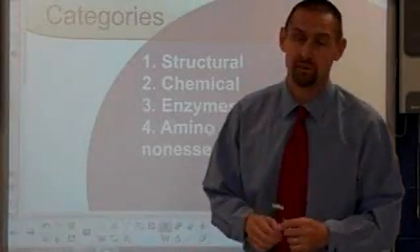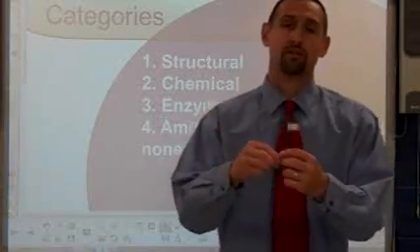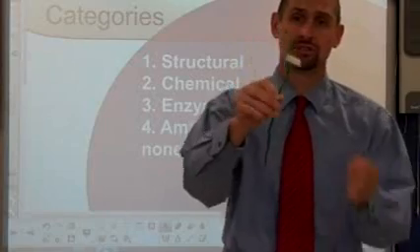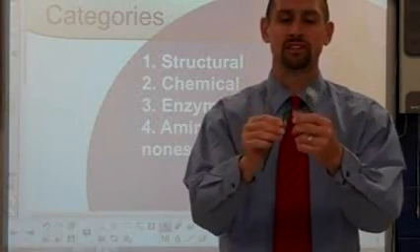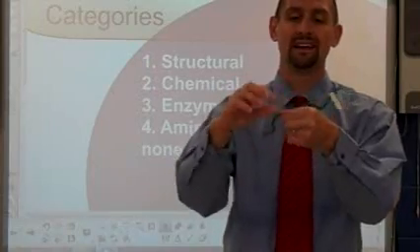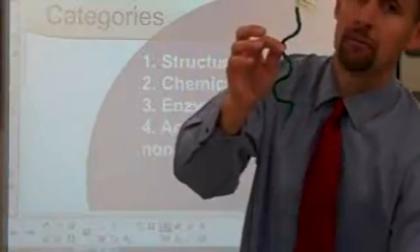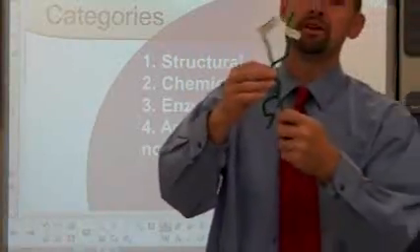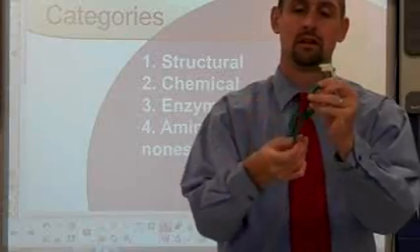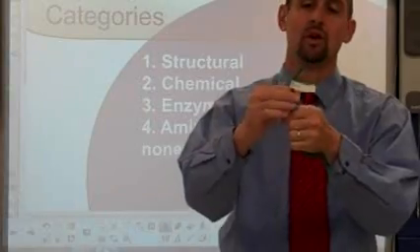How can we categorize proteins? One way we can categorize them is by their structure. So for example, if I have a long protein chain like this, that's just the primary structure. If that protein chain is bent around, we can call that a secondary structure. If that protein chain is bent around another protein, like this, or folded in an additional way, we can call